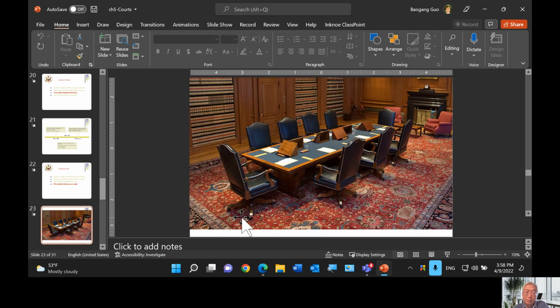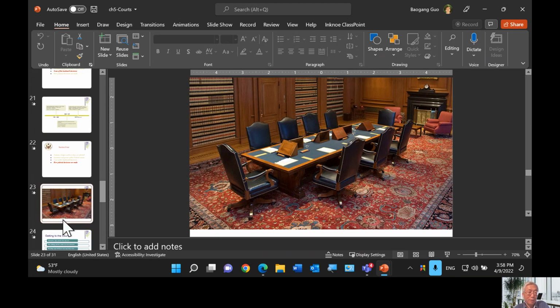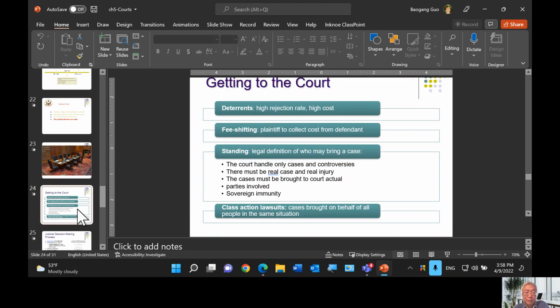Now, let's go back to the other side. How does the court decide to accept the cases? So every week, the court receives a huge number of petitions. So if you divide the 7,000, 8,000 cases, you can see how many cases the court will receive during those 40, 50 weeks of sessions. The question that we ask is why there are not that many cases reaching the Supreme Court. Out of millions and millions of cases that courts try at different levels, only several thousand reach the Supreme Court, and there's a reason for that.